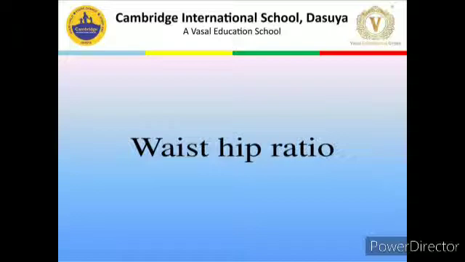In case of a female, if the waist hip ratio is more than 0.85 to 1, it is also a health risk. She is having more health risk than the male category. If the waist hip ratio exceeds these ratios, then they will be at very high risk. If it is more than 1, then we can say females are at even higher risk.